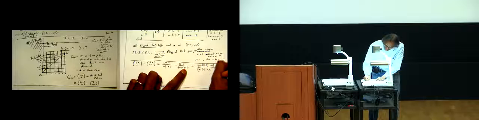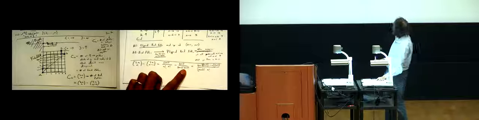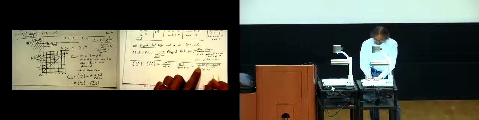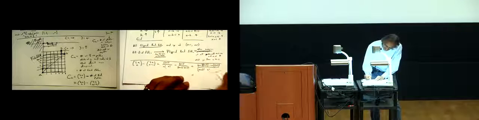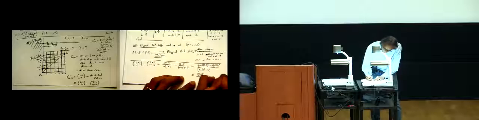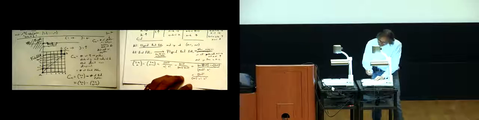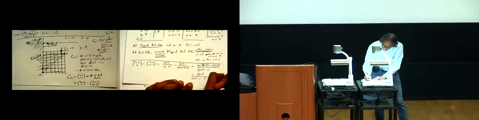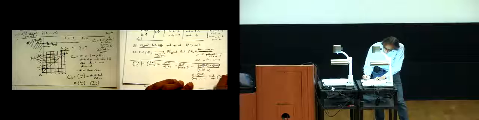N times 2n factorial. I get some cancellation. The n's cancel, but I still have this 1. So this thing is 2n factorial divided by n factorial, times n plus 1, which is the same as 1 over n plus 1, times 2n choose n.